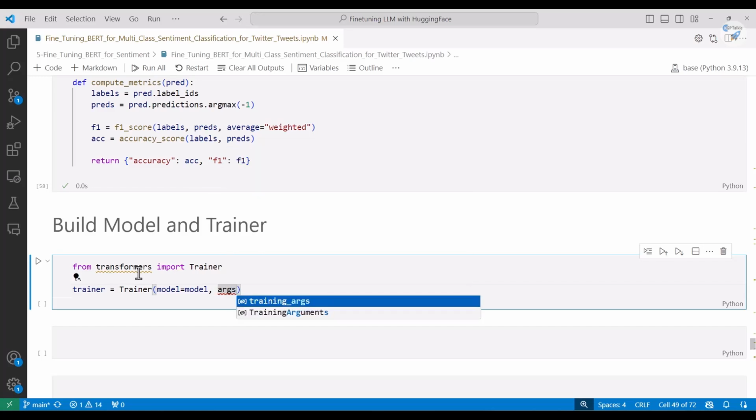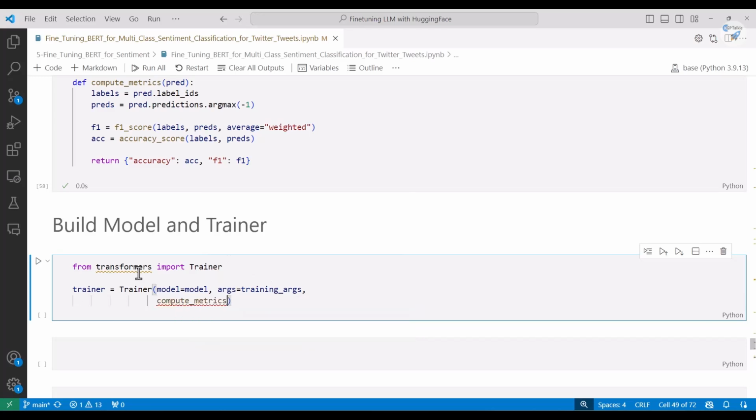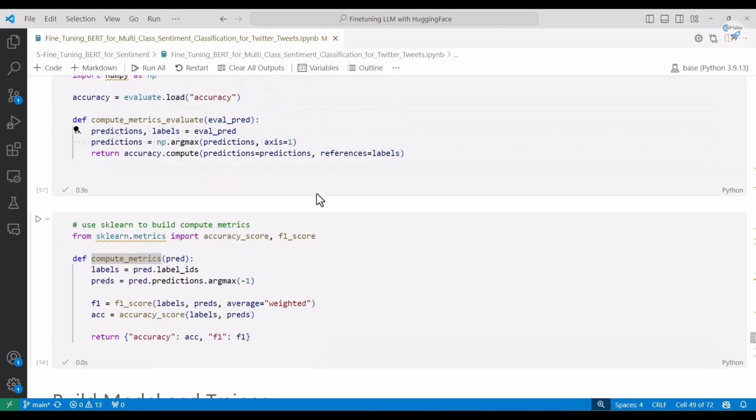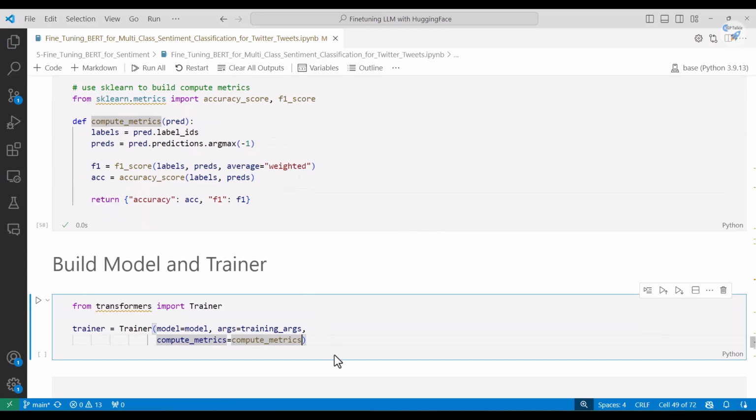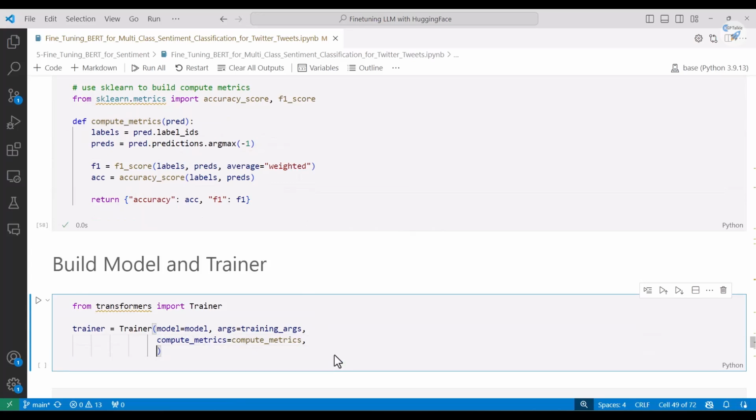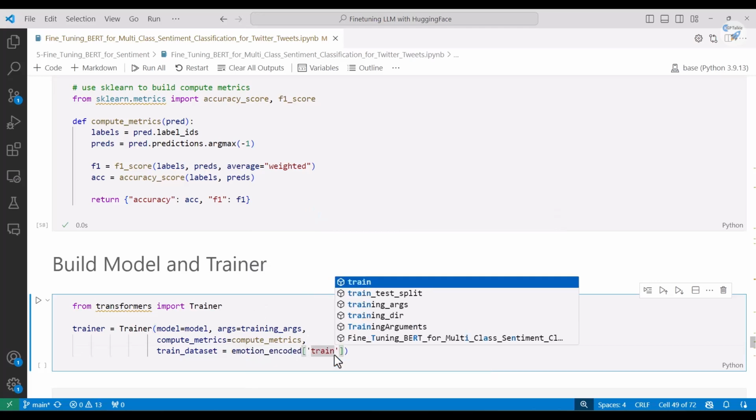Thereafter I need to pass the training arguments. So I write args is equal to training arguments. Thereafter I need to pass the compute metrics. I'm going to pass the compute metrics which I built from sklearn. Later on you can also try passing compute metrics which you have built from the evaluate library. Either one will work fine. Thereafter I write the train dataset. So train dataset is equal to, I already have this emotion encoded, and in that I'm going to pass